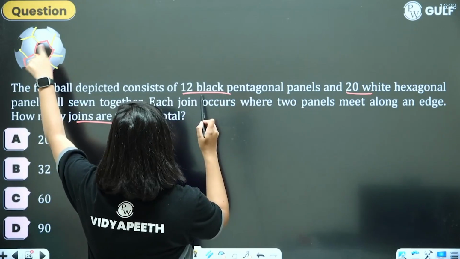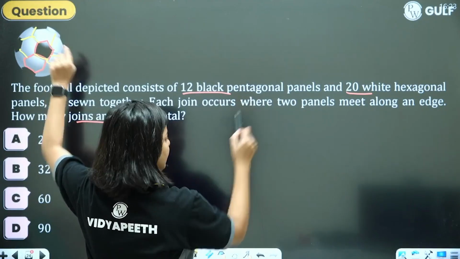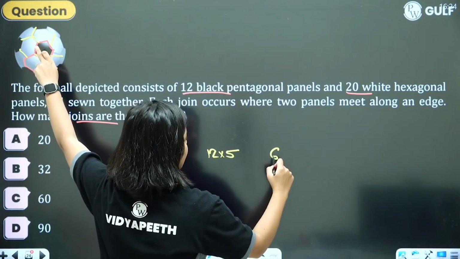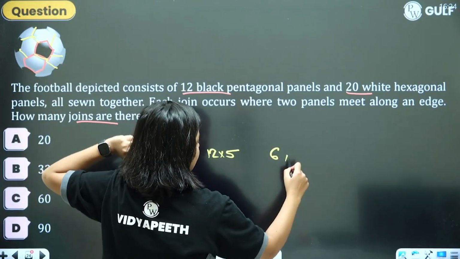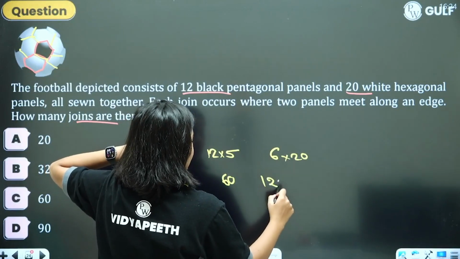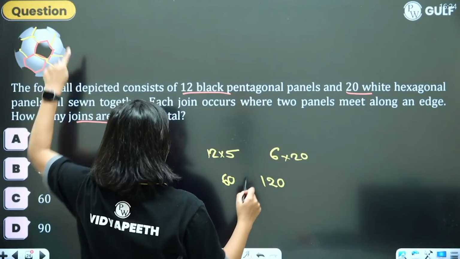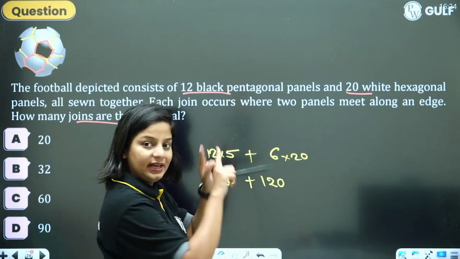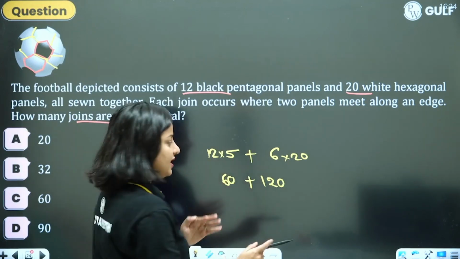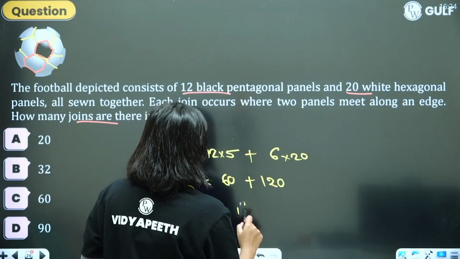Pentagon has 5 sides and there are total 12 pentagons. So 12 into 5. Hexagon has 6 sides and there are total how many hexagons? 20. 12 5s are 60. 20 into 6, 120. And I'm going to add all of them. Total number of sides on hexagon and total number of sides on pentagon. That is 180. But